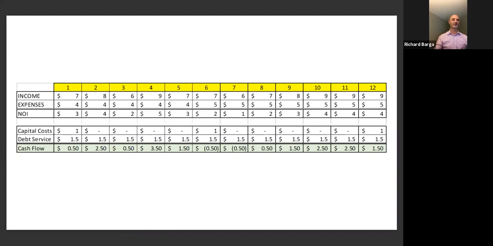This is where we get back to that idea of a predictable schedule of values, and the idea that the bank is loaning you money on terms that are not going to change. So you should always know what your debt service is going to be. And then your cash flow here